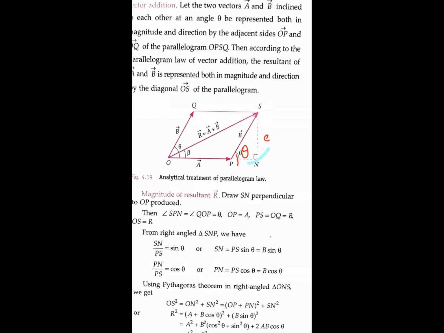We are going to find out the value of SN, and we will be finding the value of PN in terms of theta. So what we will find out? We will find out for this right angle triangle sin theta and cos theta, and we will find out finally the value of SN and PN. Let's do it. So in right angle triangle SNP,